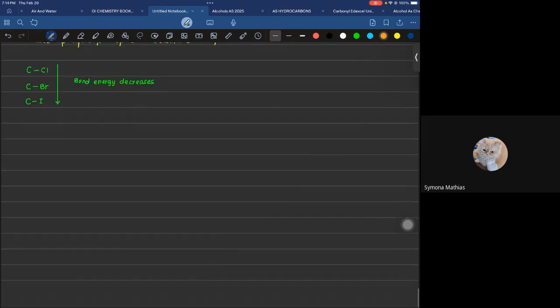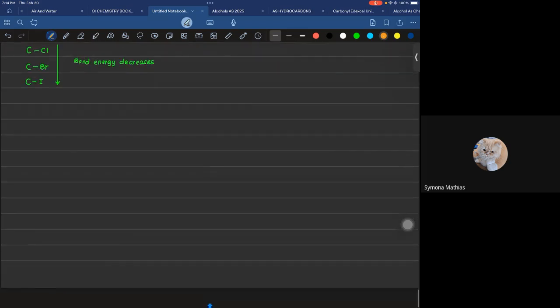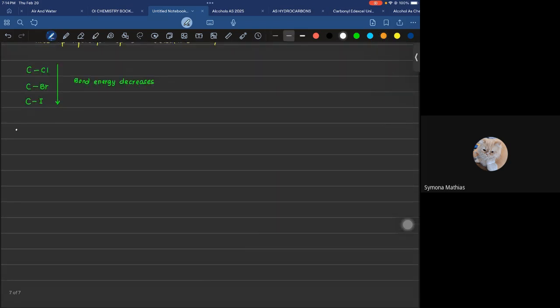Then we have formation of amine. Let's suppose the starting compound is a haloalkane, like